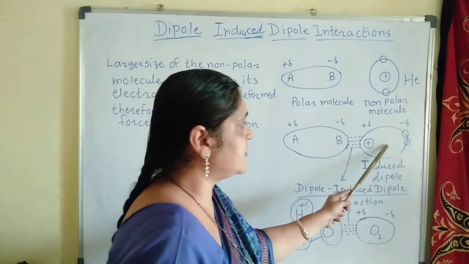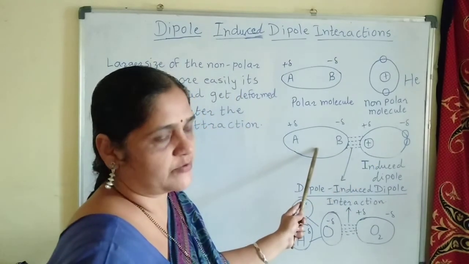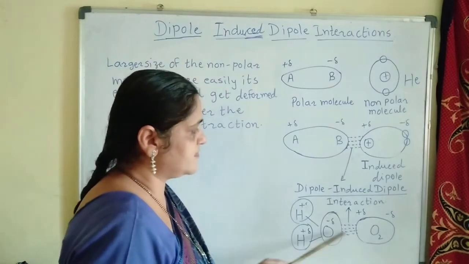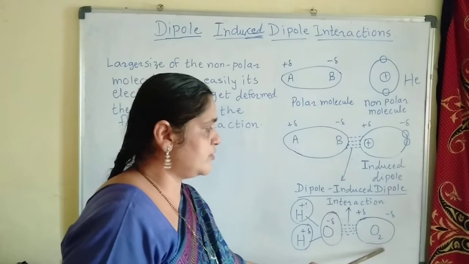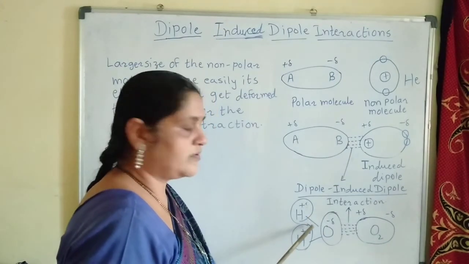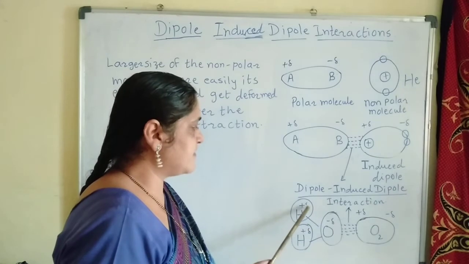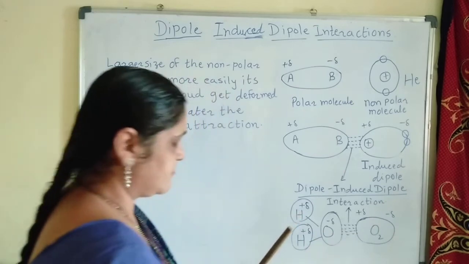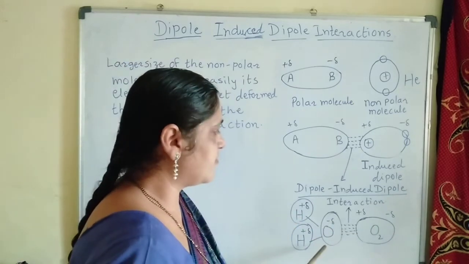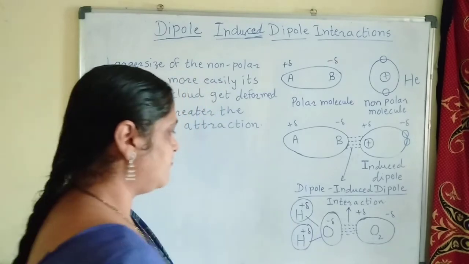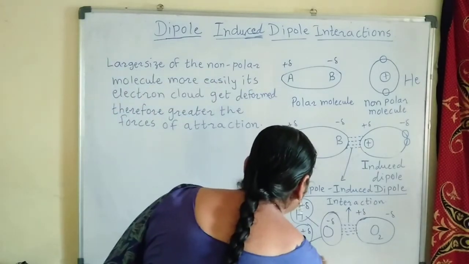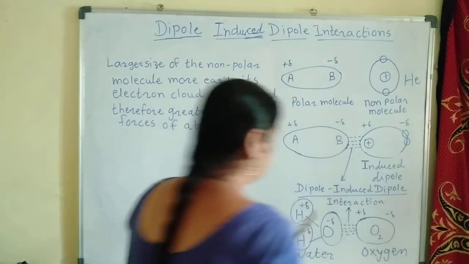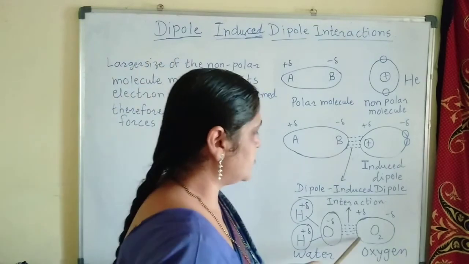So here dipoles are induced because of this presence of polar molecule, right? Now I have taken another example of the water molecule. When this water molecule comes in contact with oxygen molecule, the oxygen is the non-polar molecule and water molecule is the polar molecule. It has partially positively charged hydrogens, right, and partially negatively charged oxygen, right? So here the permanent dipoles already exist in the water molecule, and therefore when this water molecule comes in contact with the oxygen molecule, so this is the oxygen molecule, when this water molecule comes close to the oxygen molecule,